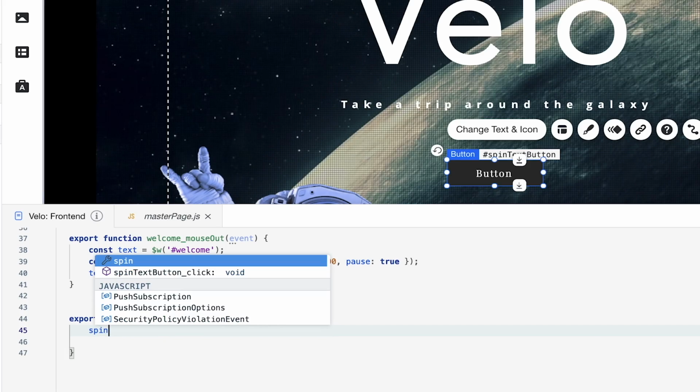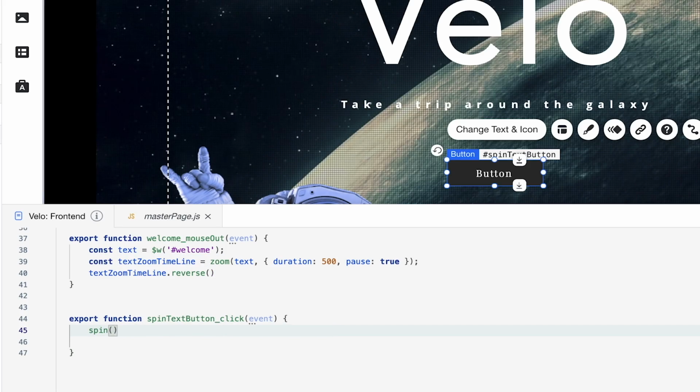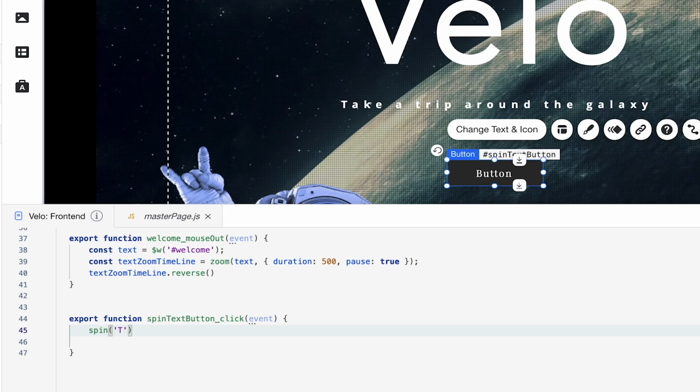So we're just going to use spin very simply, and then specify the type of element that we want to spin once this button is clicked. I want all of the text elements to spin at the same time. If you've seen our backend course, where we use this Velo package as well, you'll notice we did the same thing for spinning a vector image. But here we're going to show you the difference between dynamic and static events on the front end. So we're going to choose the type of text.